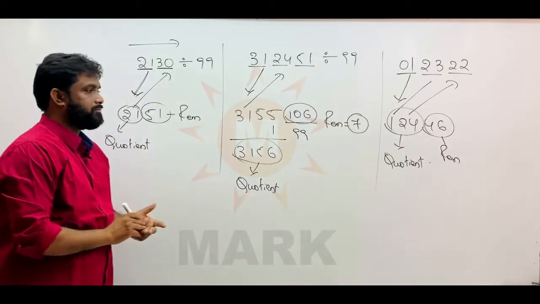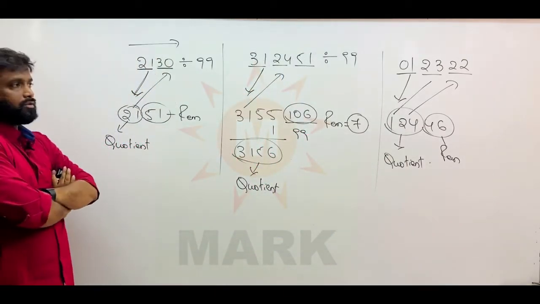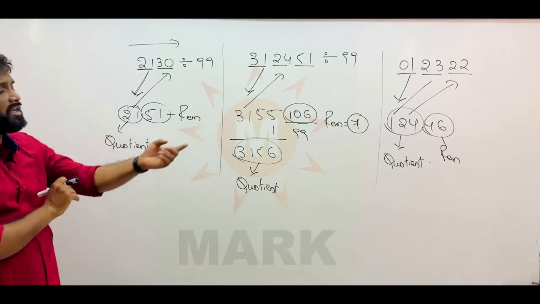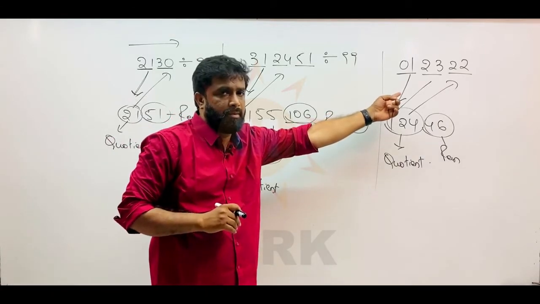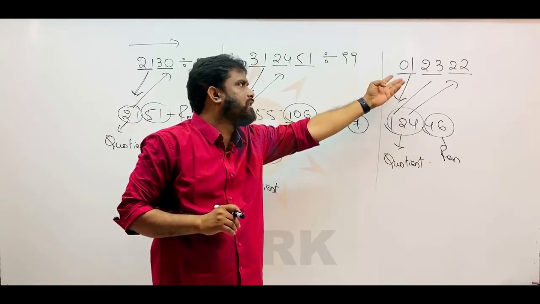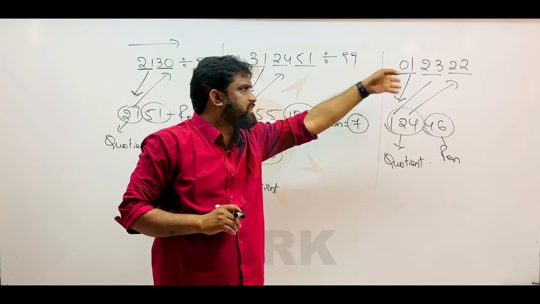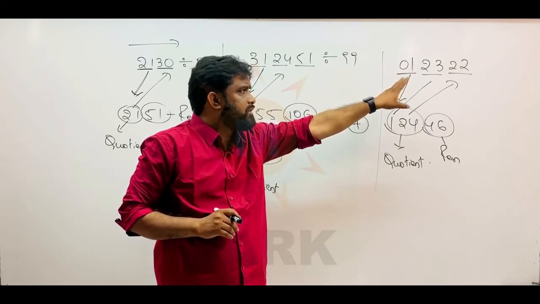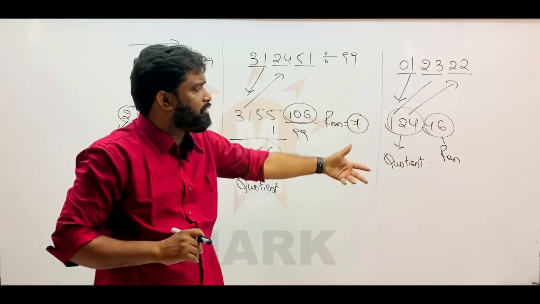Will be the quotient. Okay. So this is how we divide the numbers, any natural numbers. Clearly, I know many people will have this doubt: Sir, if I get a 5-digit number, how can I put 0 here and make even sections? So 01 is technically a 2-digit number, 23 is a 2-digit number, 22 is a 2-digit number. So I followed the same technique.